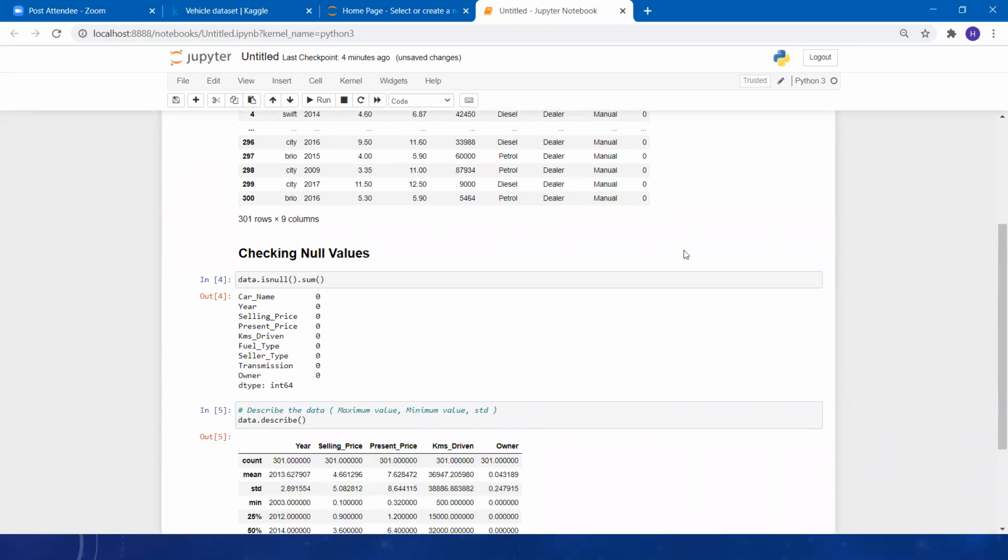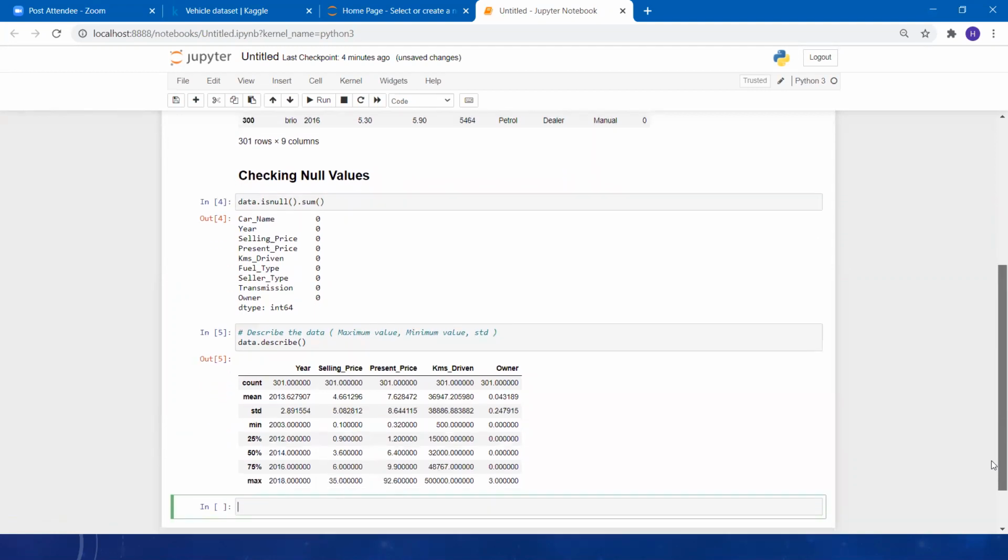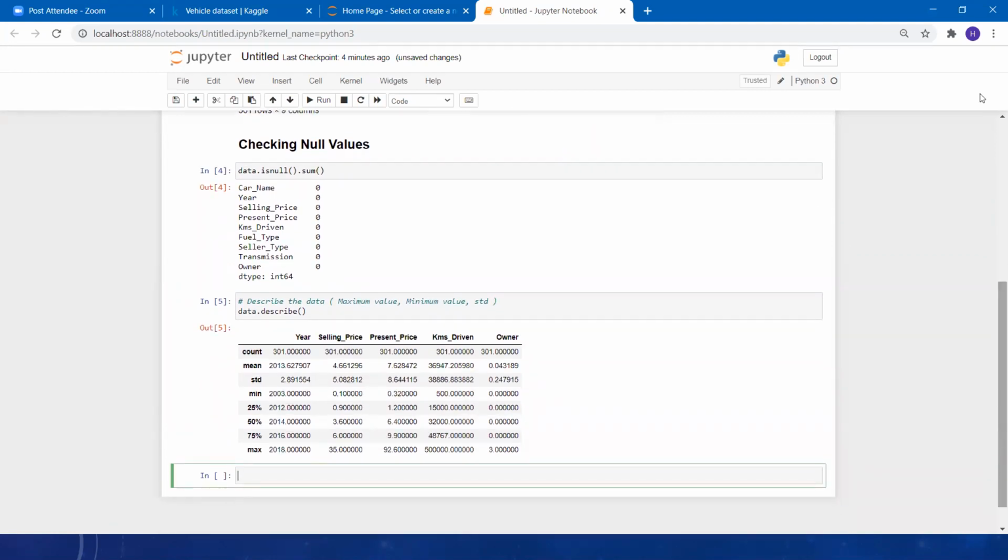So can anyone tell me how we can check the skewness of our data without any visualization? Anyone? Without any visualization, how can we see whether our data is skewed or not? No one knows about that?